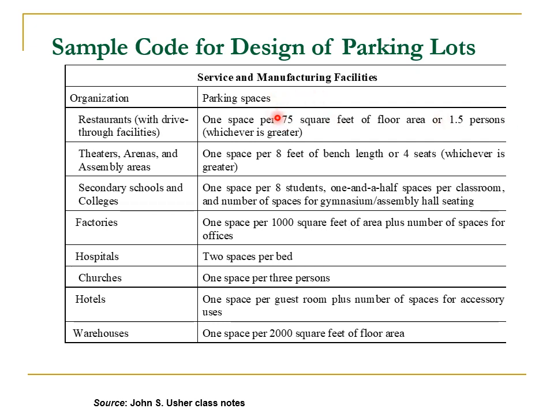larger. You see there is a different metric here. It asks you to allocate a parking space per the square feet of floor area that you have. Not only how many persons, you are also considering the size of your floor area. For example, if the organization is a theater, arena, or an assembly area, then you need to allocate a parking space per 8 feet of bench length, the sitting area length, or 4 seats, whichever is greater. So one space for 4 seats or one space for 8 feet of bench length, and you should select whichever